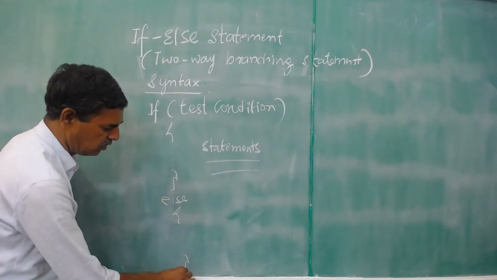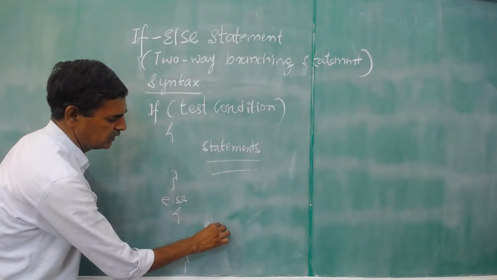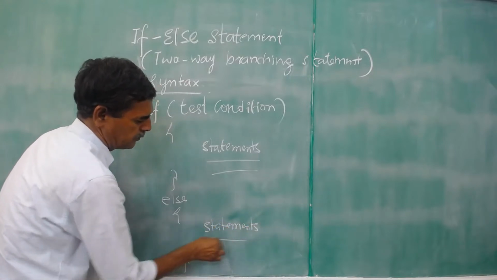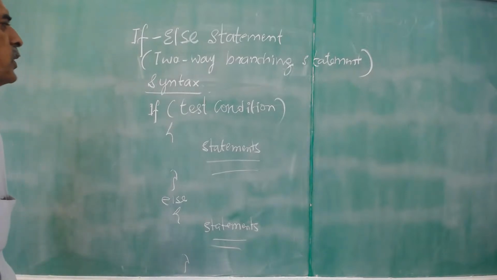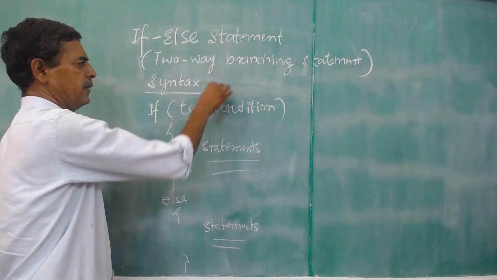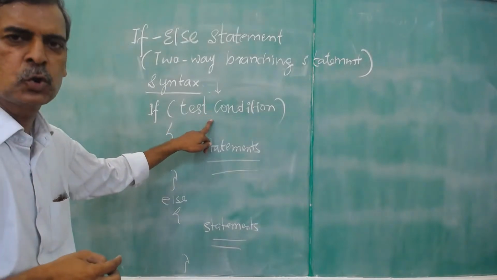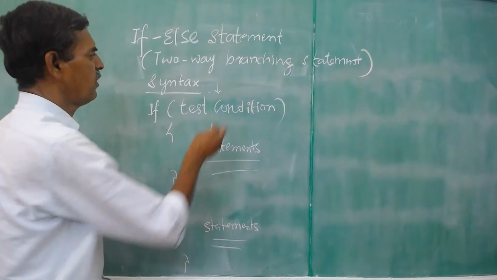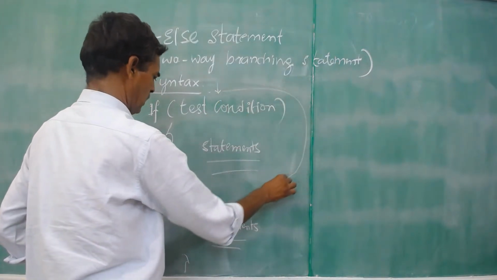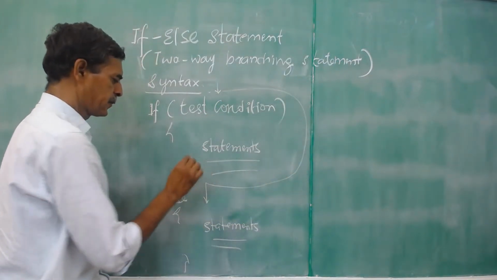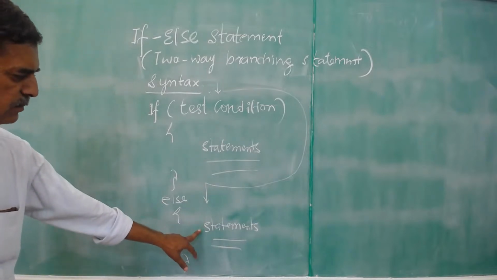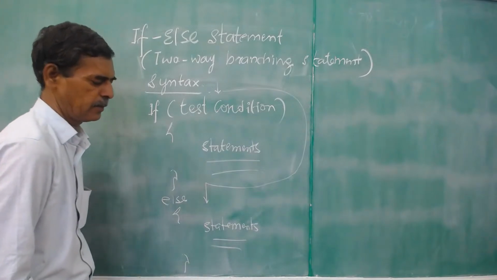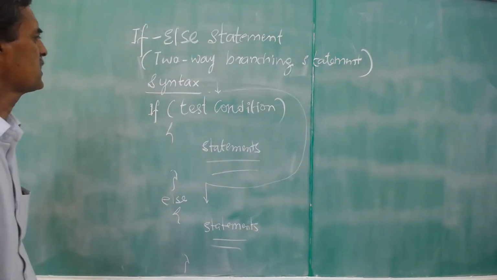If test condition is false, then statements in the else part are executed. Right? So here, test condition is tested. If test condition is true, statements in this block are executed. If test condition is false, it goes to the else part. The statements in the else block are executed. Then afterwards it goes to next step. The block diagram for this if-else statement is